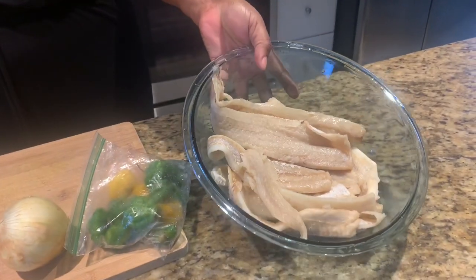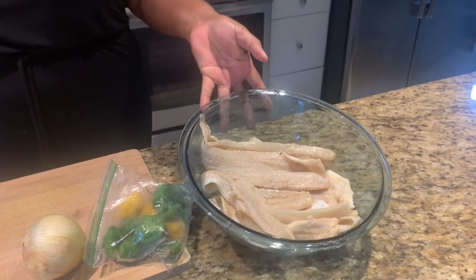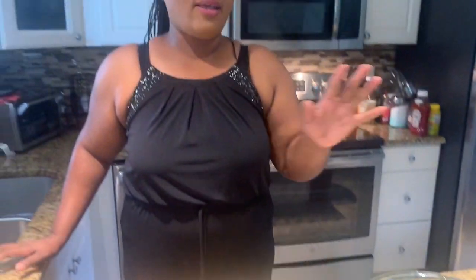I'm Odie, and today we're going to do some salt fish, codfish, depending on where you're from and what you call it. So I've washed this with some water to get the excess salt off of it, and we're going to do it with butter bean. So we're making saltfish, codfish, and butter bean, and I'm just using 3 simple ingredients: